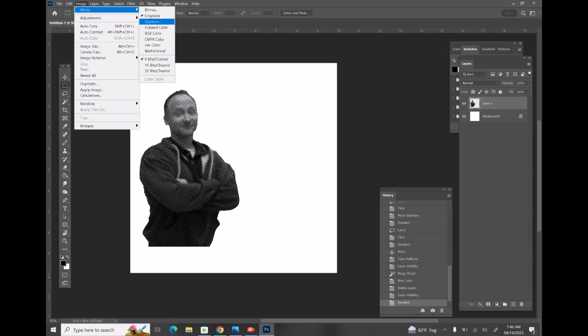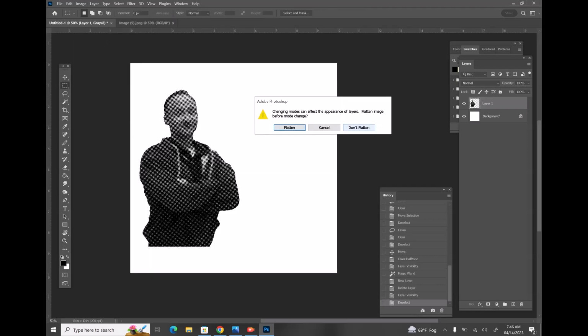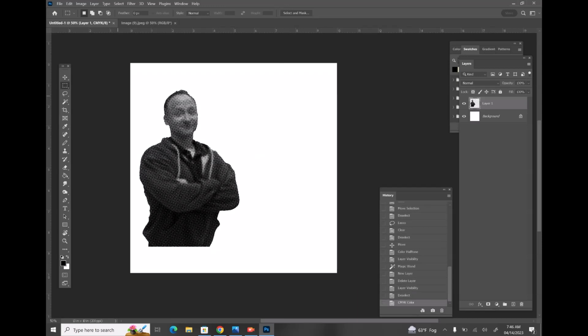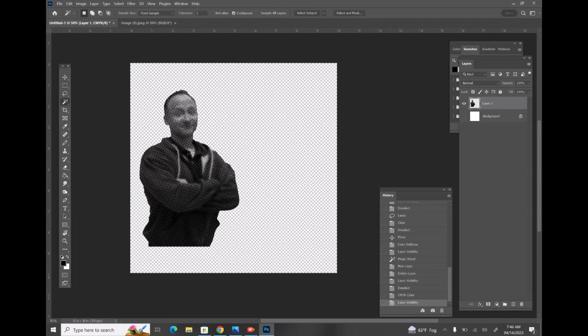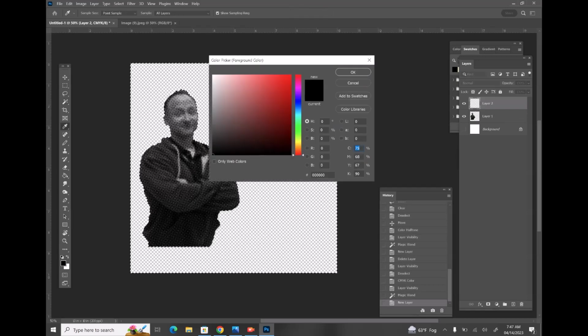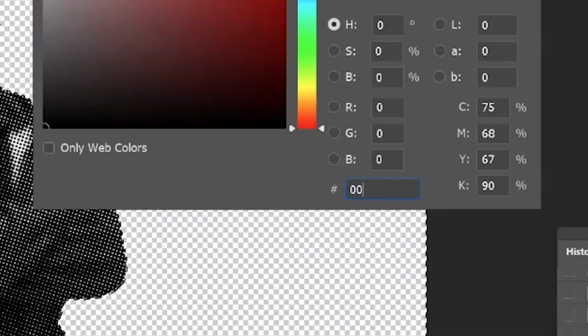Okay, what I want to do now is go to Mode, CMYK, don't flatten, click on OK. Now, turn off the background. I'm going to Magic Wand the background. I'm going to fill this with pure magenta. So if I click on black, I can come up here. That's good. I really think the number code for pure magenta is